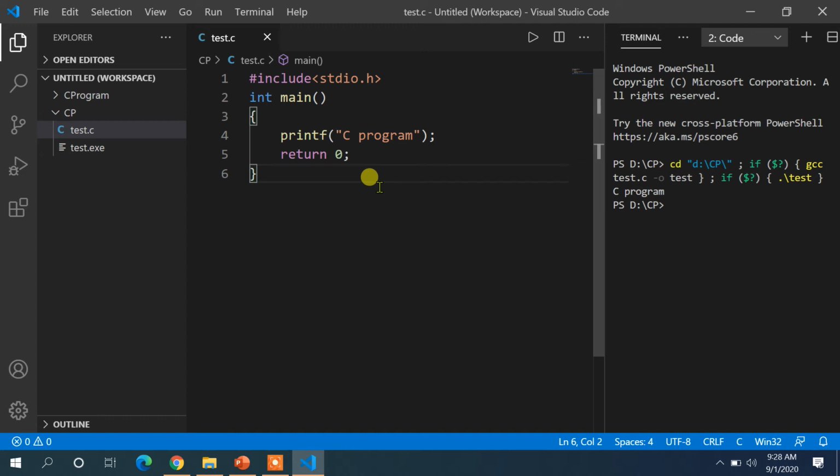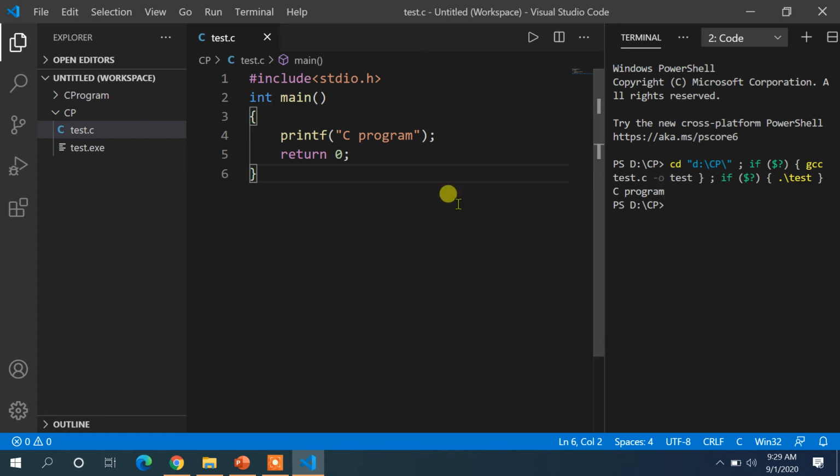whenever you want to give some input to your program, then this output space may not work. So to make it work properly, you have to run the programs in the terminal. In my case, it is already running in the terminal, but when you first install VS Code, it may not run in the terminal, it will run in the output window. So it is better to run it in the terminal so that you can give input to your programs.